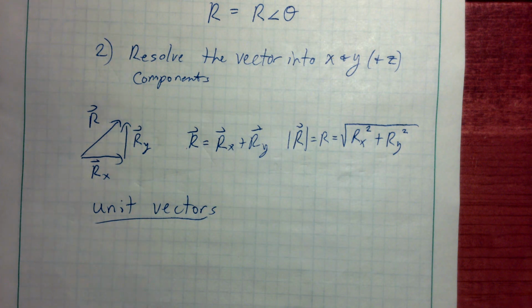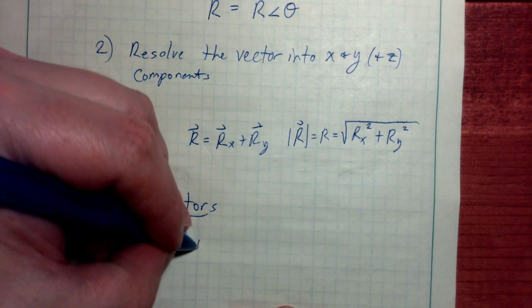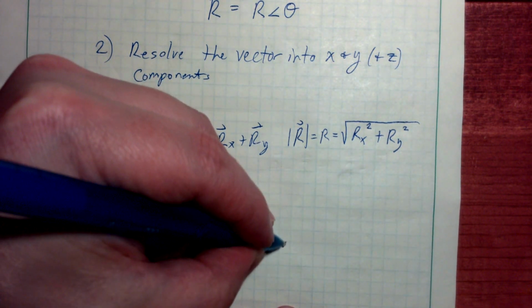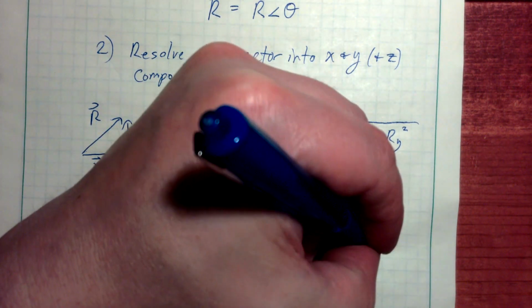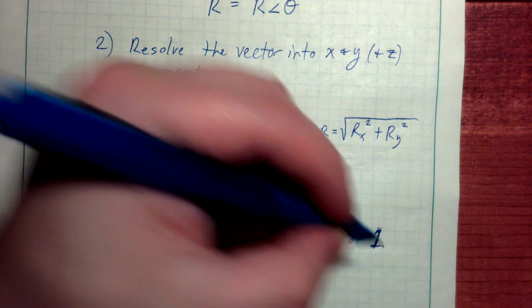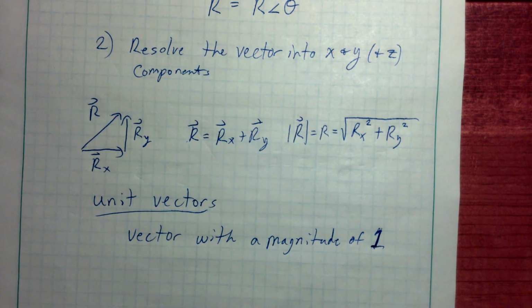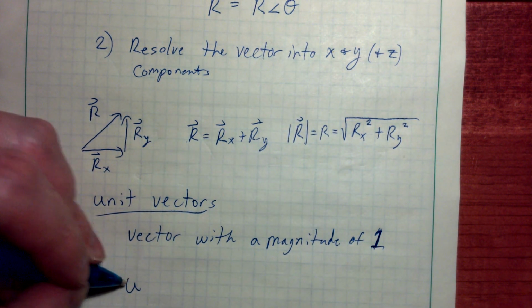Unit vectors. A unit vector is a vector with a magnitude of 1. The number 1. What happens if I multiply something by 1? It doesn't change it. You get the same thing. What happens if I multiply by a vector with a magnitude of 1? Well, I don't change the magnitude of my vector, but what I do is I preserve the direction of this